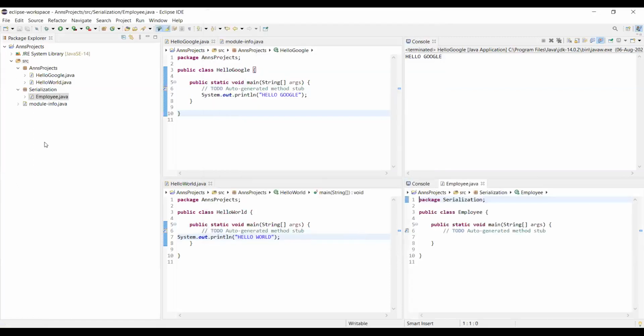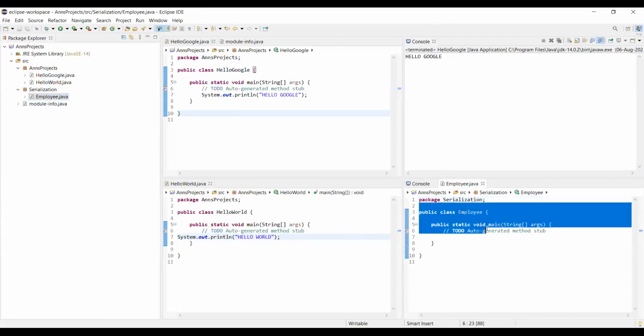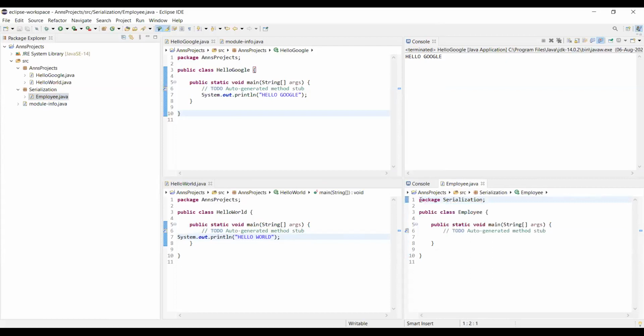So that has come in a new folder called employee serialization. Okay, I'll click that. It's come over here. It will come as package serialization because it is in the serialization folder.